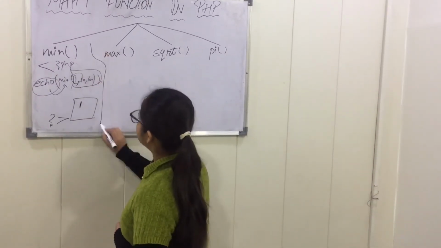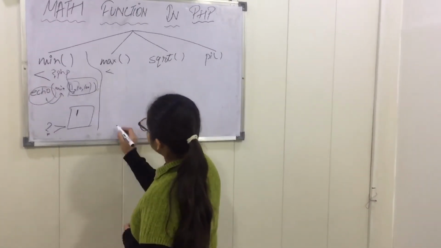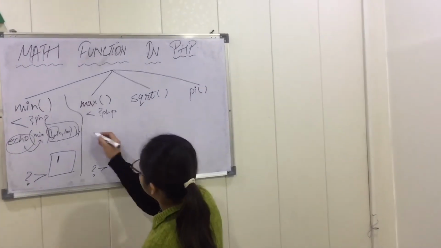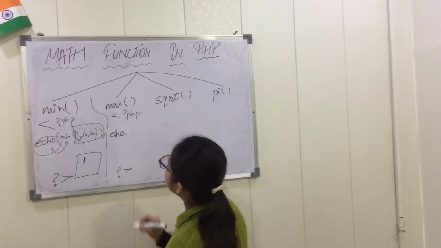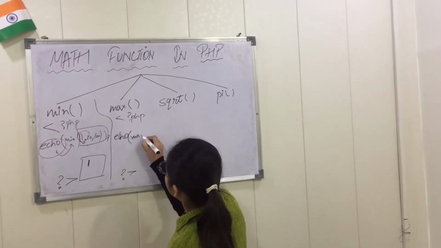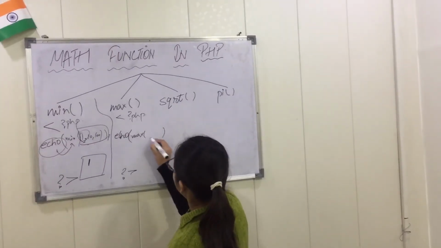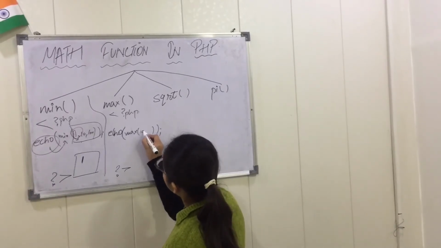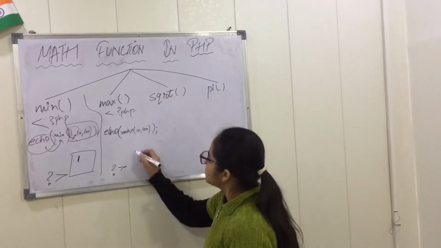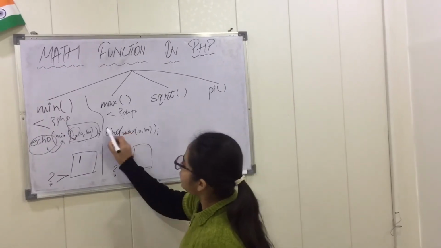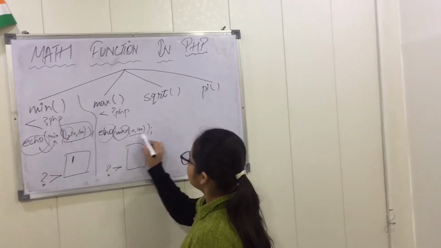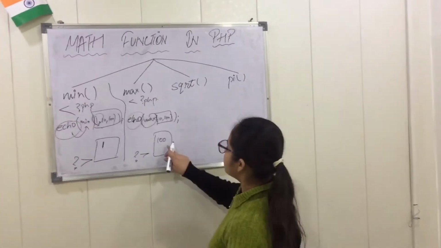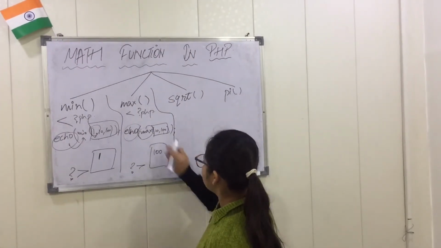After that we are discussing the max function. Again PHP tag start and PHP tag close. After that echo, and in between echo we will write our max function. In between this pass the values and give a semicolon. Suppose I am giving here 10 or 100. So this is our display screen. According to the echo of the max function, the maximum value is 100 and it will be displayed here because this is the largest value in this echo.